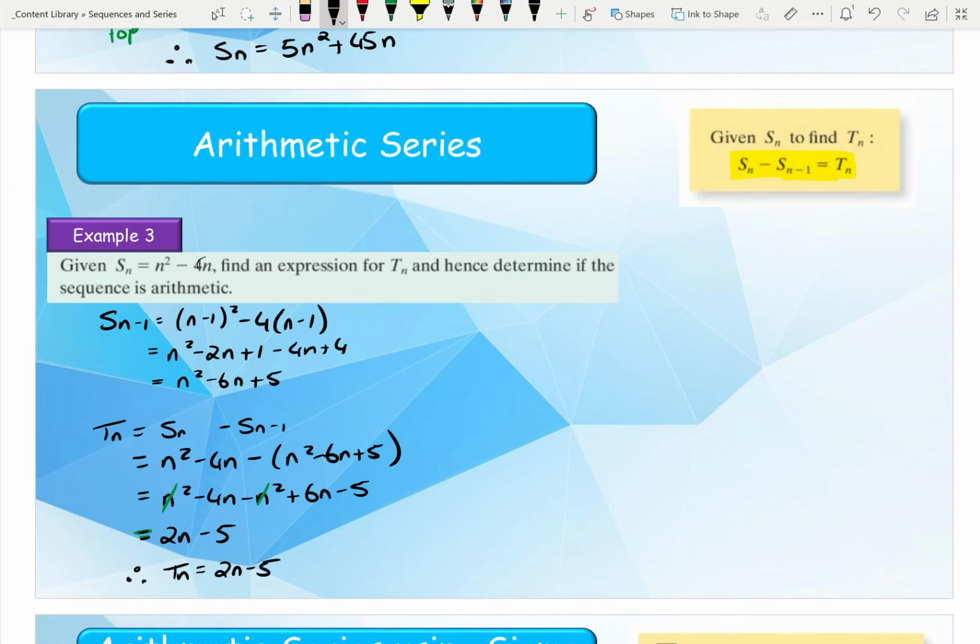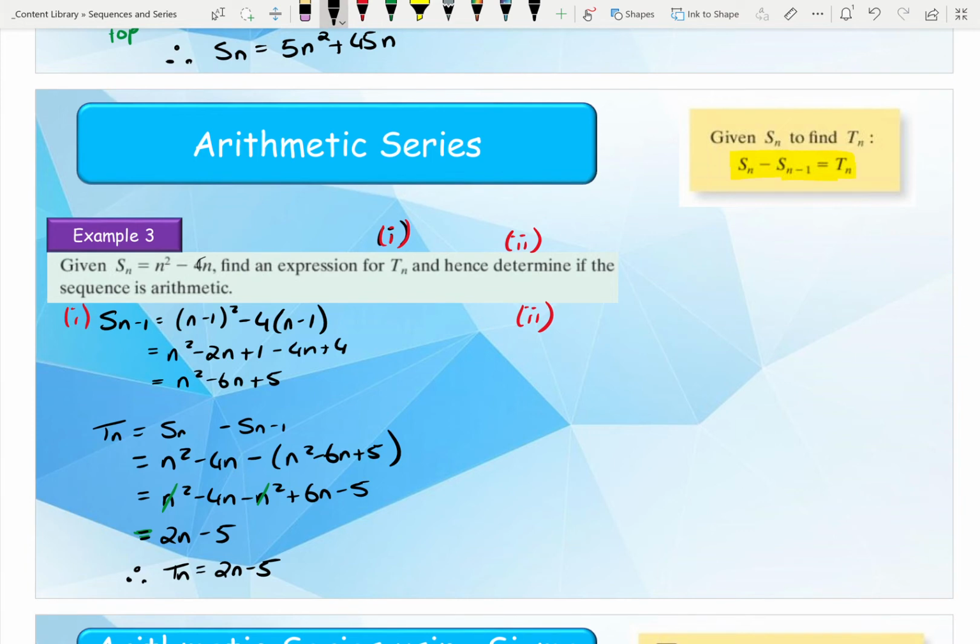And that's the first part of the question there, where it says to find an expression for Tn. But what you're going to notice is it says, hence determine if the sequence is arithmetic. So for the second part here, this is where we're actually going to go back now and use the rule that we learned in the first